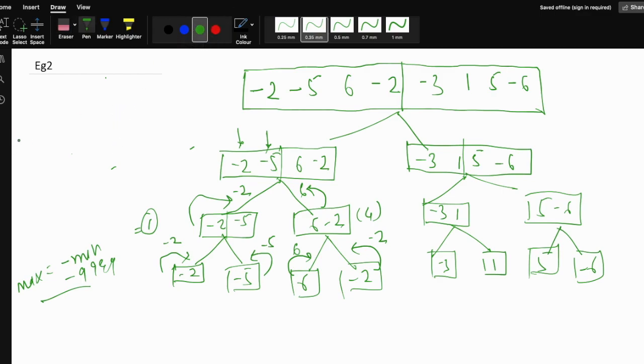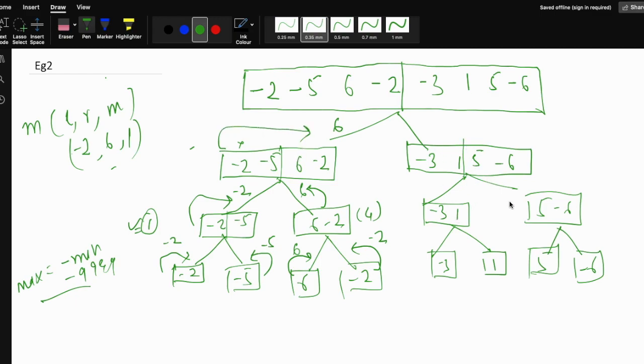Now we have to calculate the maximum among the left, right and the mid value. Left is having value minus 2, right is having value 6, and the mid value we just calculated is 1. So the maximum is 6, so it will return 6.